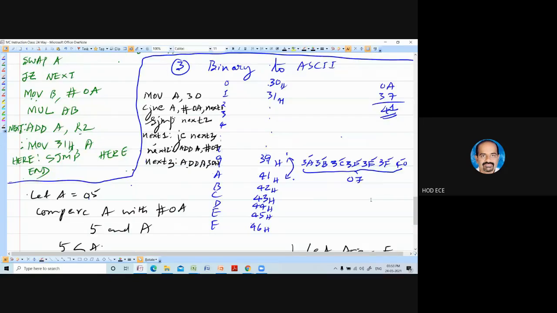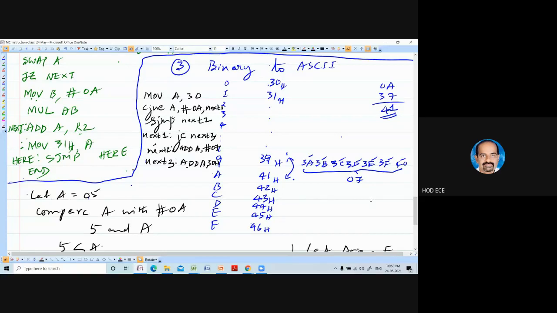So move A comma 30. Compare with the data A. If it is equal, you have to add 37 only, so add A with hash 7, add A with 30. If it is not equal, you have to check whether it generates a carry.